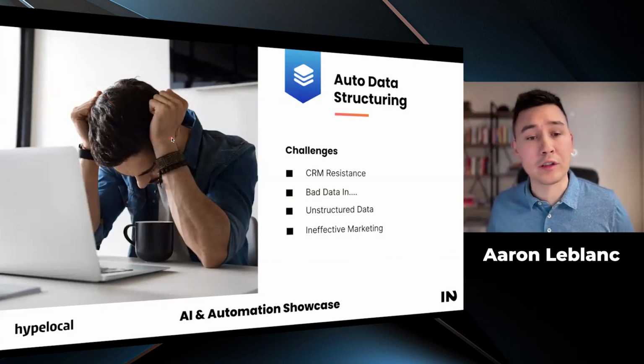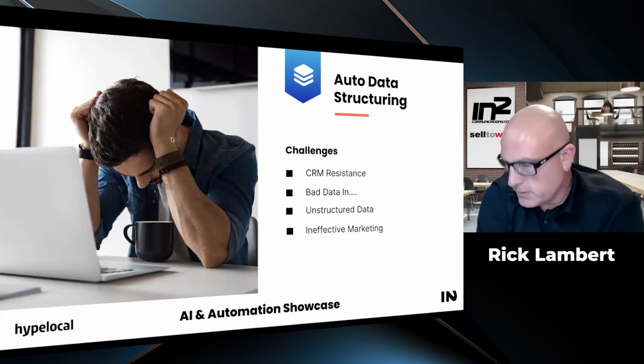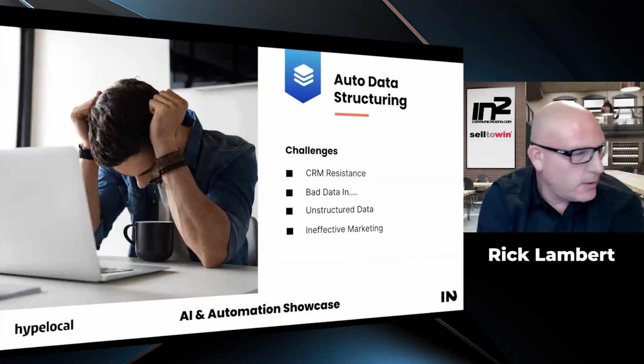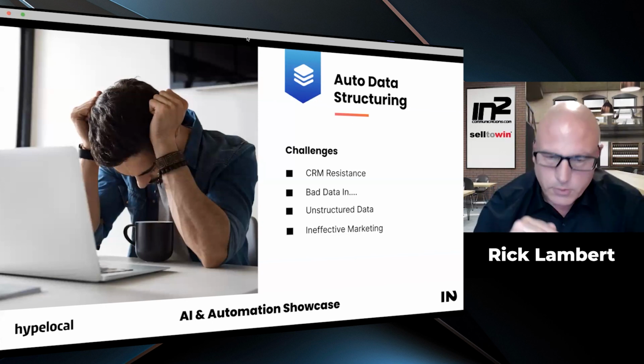Auto data structuring. This is one of my favorites. I know because we see it all. People are using this platform and Zoom, and they're using CEO Juice, or their CRM, and it's just a junk drawer. And as we look to optimize the marketing spend for our customers, we're finding that if we can structure the data in a way where it's organized, we can then leverage that exponentially versus trying to pick it out at